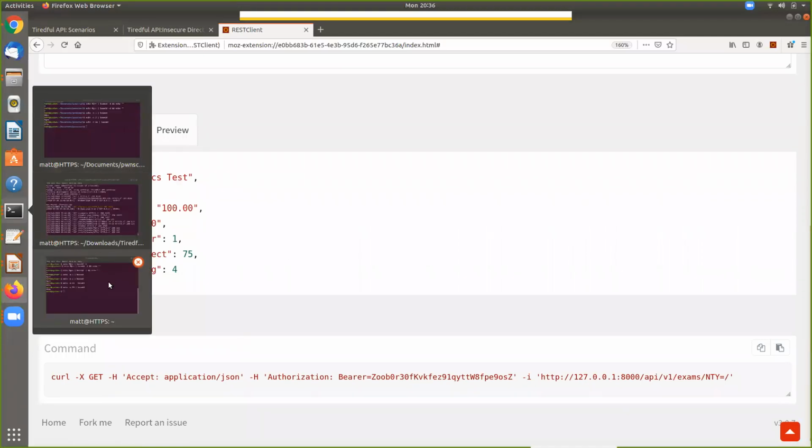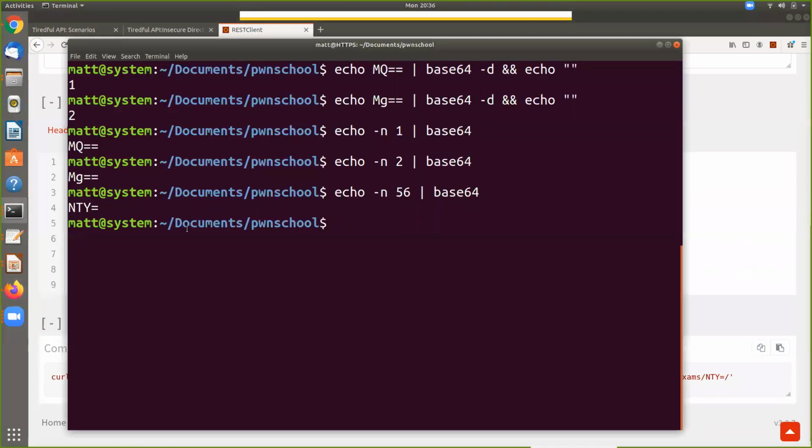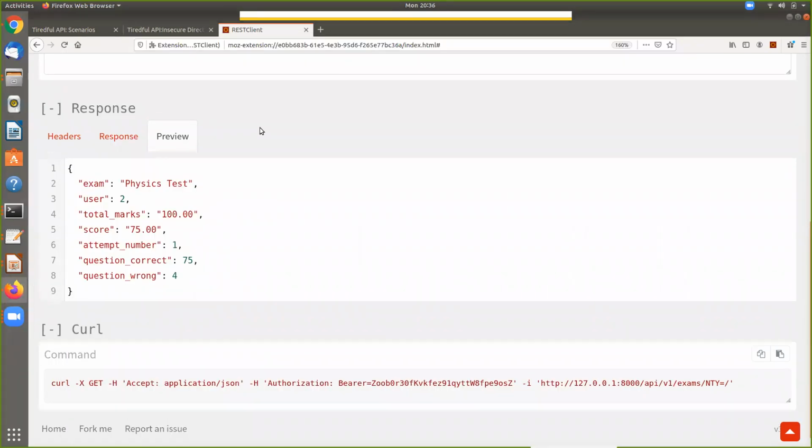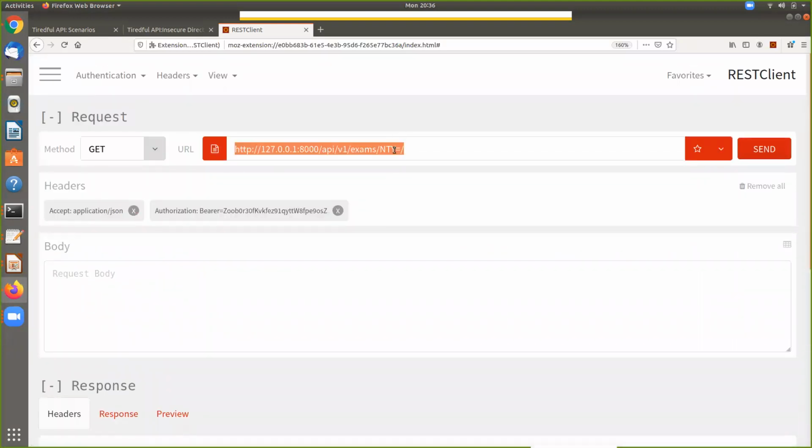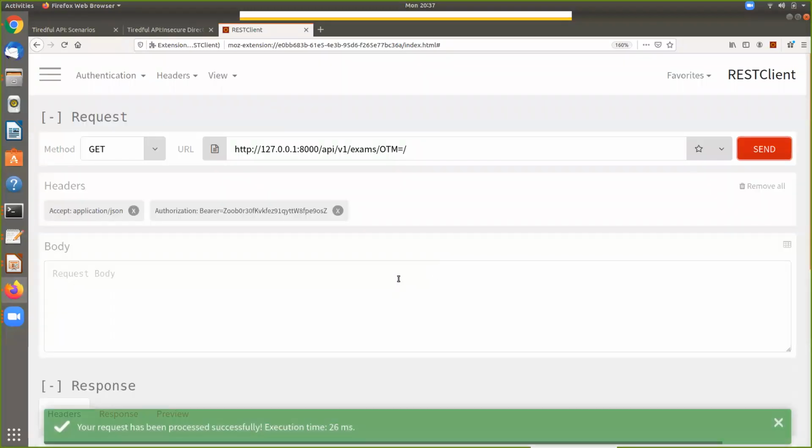And just to prove we didn't get lucky, let's do something like 93, and then we get a capital OTM. We'll just repeat real quick to see if this works for us. OTM equals, send that.